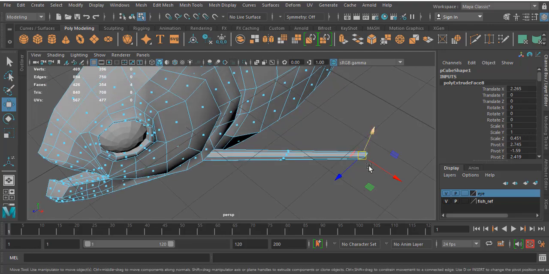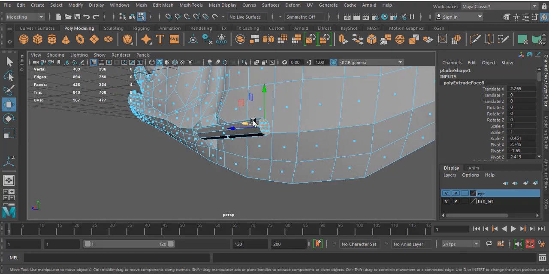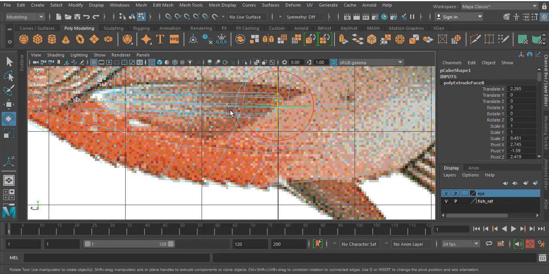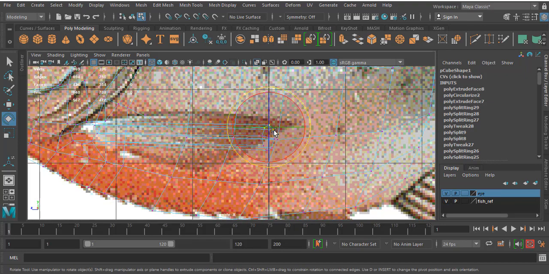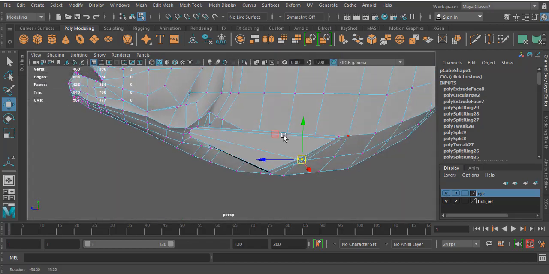So in the starting level itself, you have to place it according to the change in the number of vertices. Go to the side view, select this upper 3 vertices, select the lower 3, place it like this.